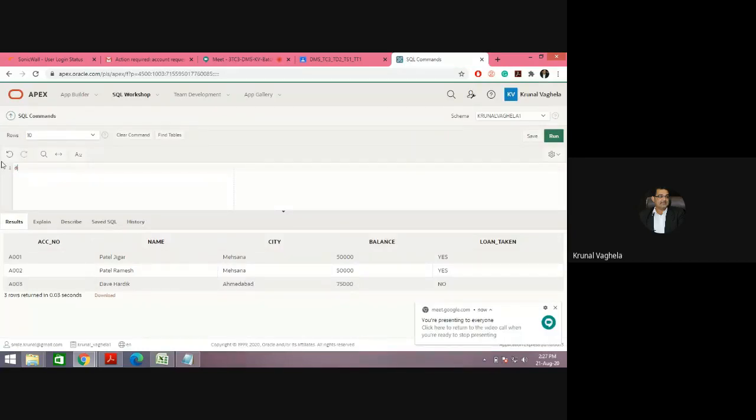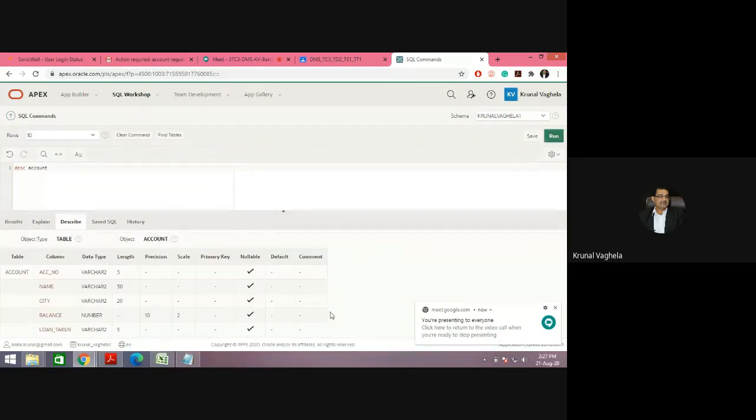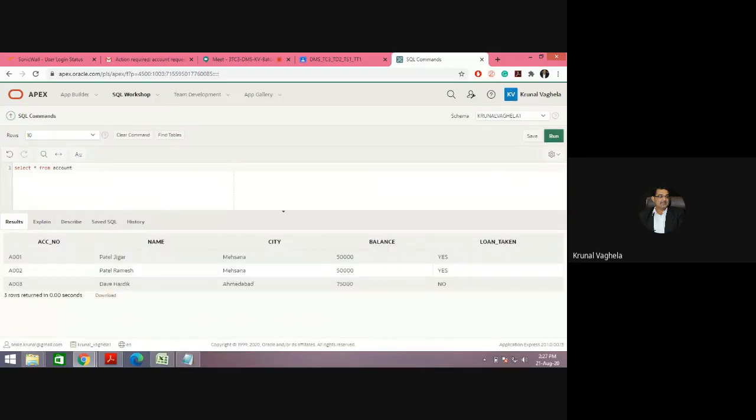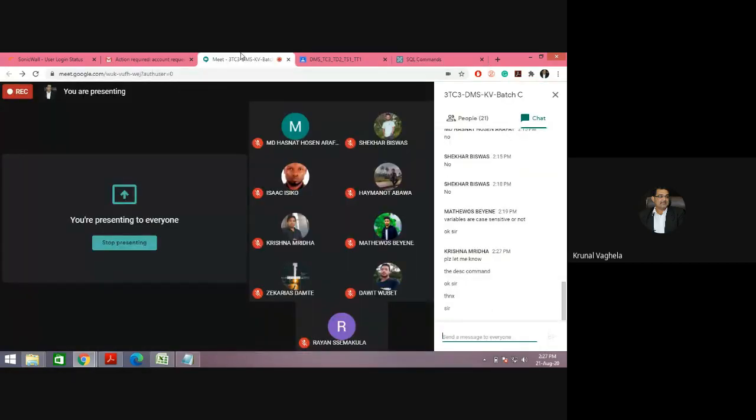Again, I am writing DESC account. Run. So you can see the structure of the table. And whenever you write select star from account, it will show the data, like this. Any query?